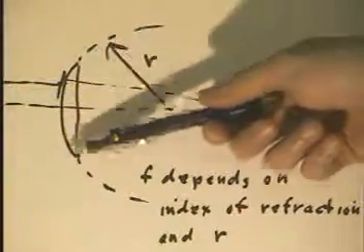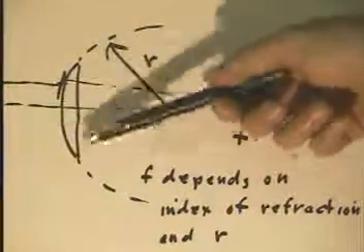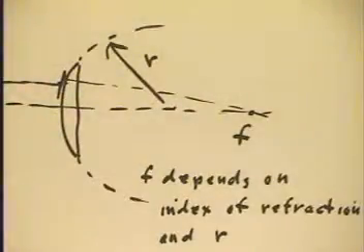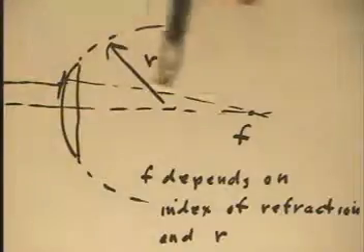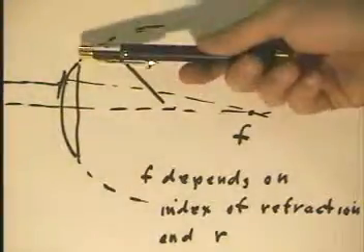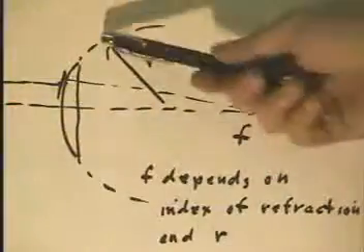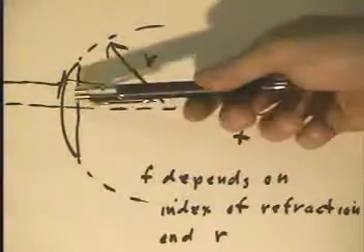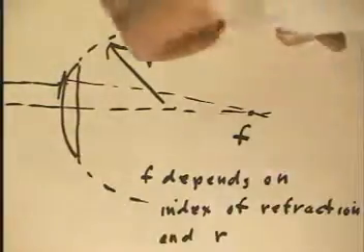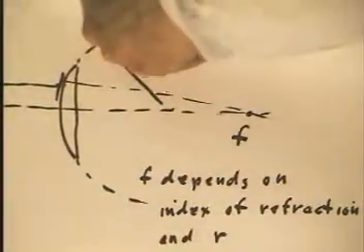If we have a thin section of a spherical lens like this, cut out of a sphere, or broken out of a sphere, as the lenses that we use here have been, we can determine where the focal distance should be. Depending on the thickness of the lens, the radius of curvature and the index of refraction, we get a certain focal length. Now, for the lenses that we have here,